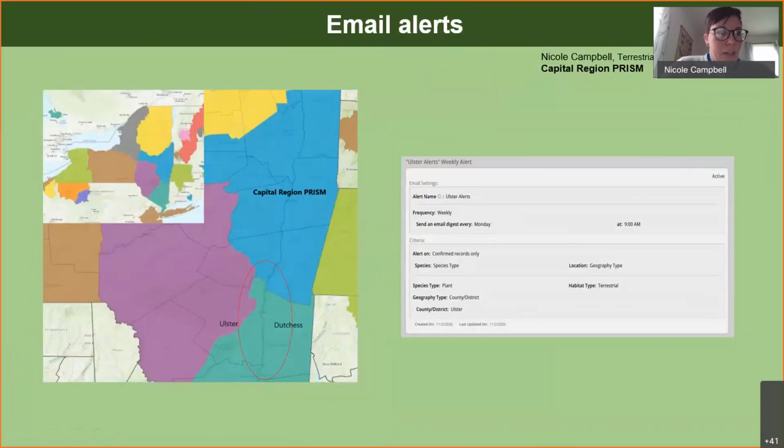So the other type of alert we've set up is a county-based alert. For the capital region, we see a good majority of species moving north through the Hudson River corridor. So I've set up 2 specific alerts to address this area. The 2 counties, you can see our region is in blue right there. The 2 counties on the southern border of our PRISM are Ulster and Dutchess County. So I've set up general terrestrial plant and animal alerts to come in weekly of all confirmed alerts for these 2 counties. This gives me the ability to scan through the confirmed reports to see what invasives are being reported in those 2 counties